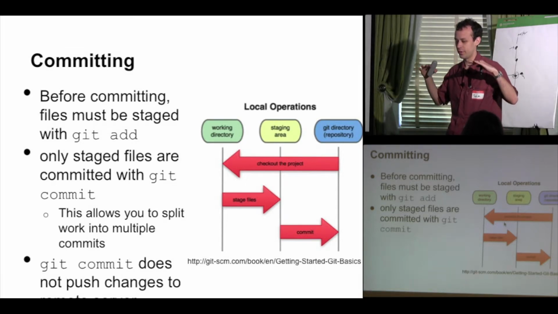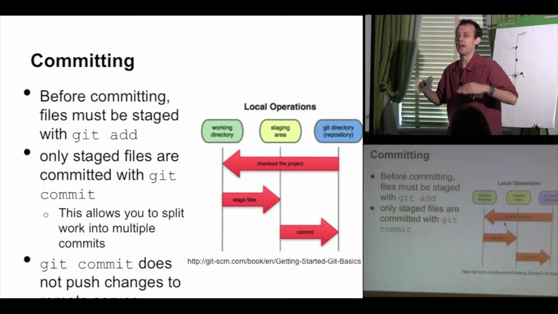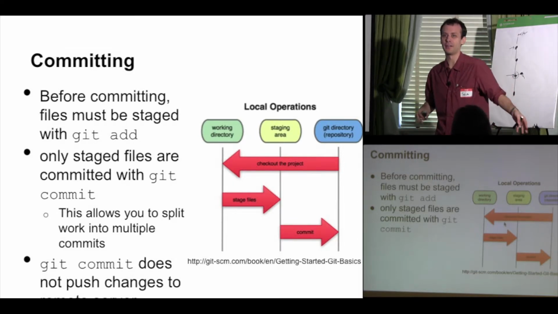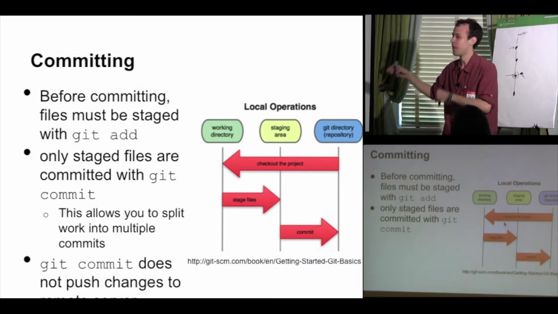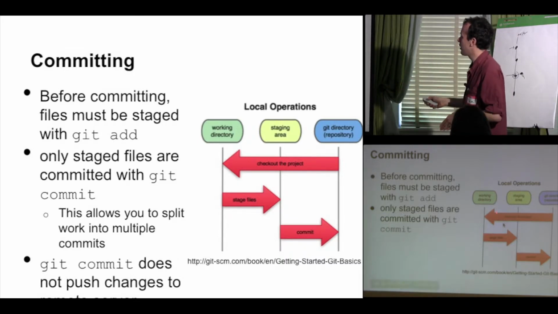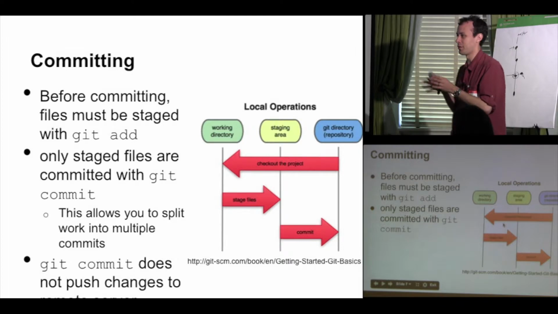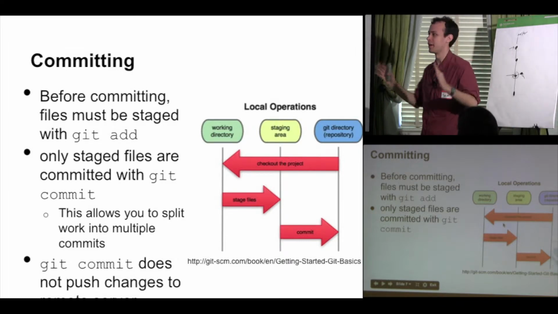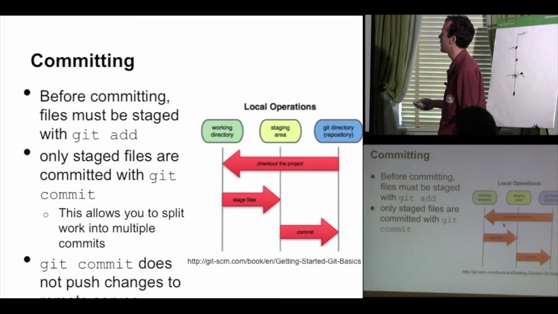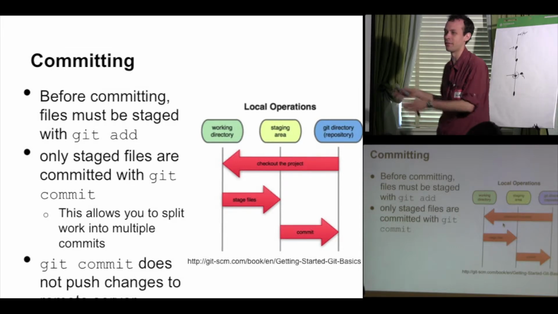about the rest of you, but very frequently, I'll be working on something, and then I'll realize, oh, shoot, there's this bug here, and I'll fix the bug, right? And then I'll keep working on my other thing. But I have all these files in my working directory, but they're actually relating to sort of two separate things. So by only staging some of the files, I can say, oh, well, we're going to stage the files just related to this bug fix. Commit those, right? I've committed that little tiny change, and then I can go on with the rest of my